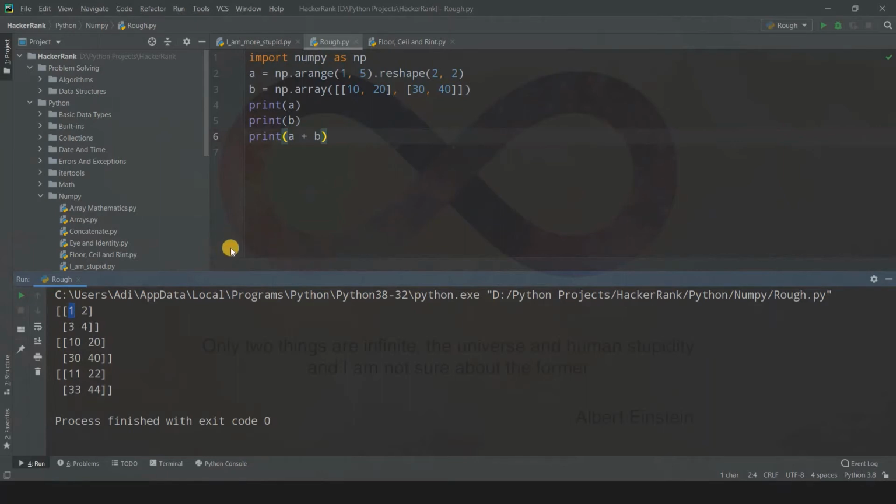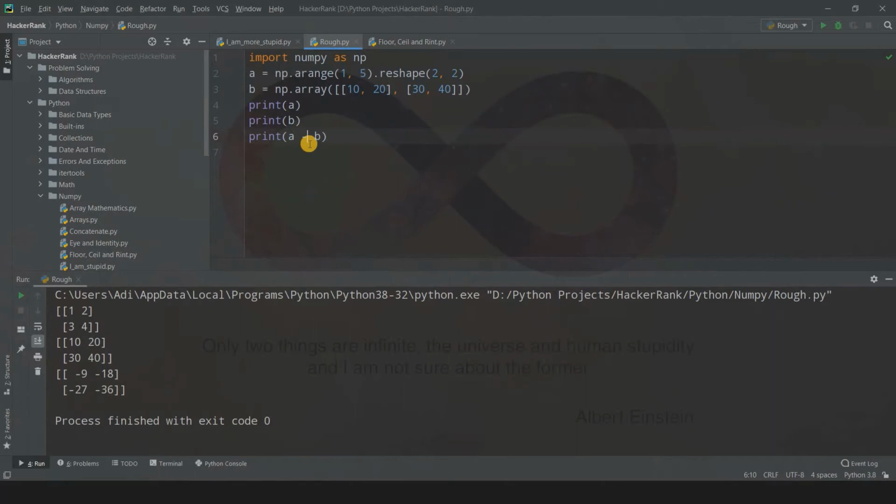So i equal to 0 and j equal to 0 means this element, i equal to 0 and j equal to 1 means this element, and so on. So we just add the elements whose i and j are equal, that is, see, i is 0 and j is 0, so we add them, right? And basically we add element by element. So 2 plus 20 is 22, 3 plus 30 is 33, and so on. This is about addition. Subtraction is nothing but the same thing. We are just going to get the output element-wise.